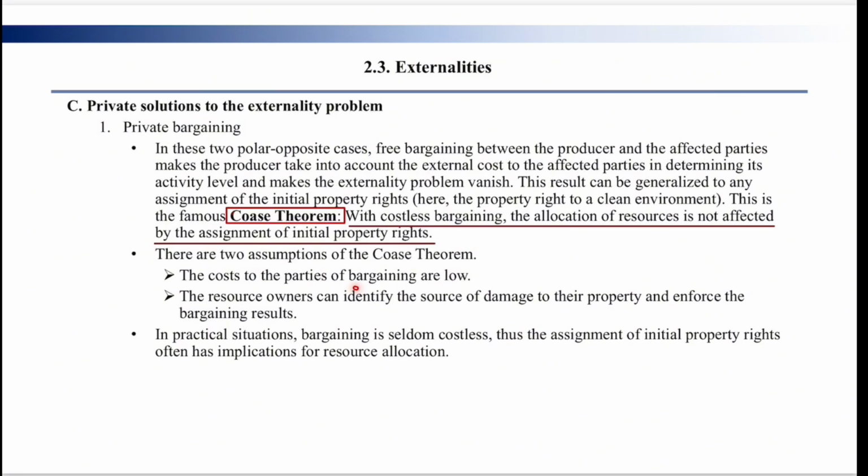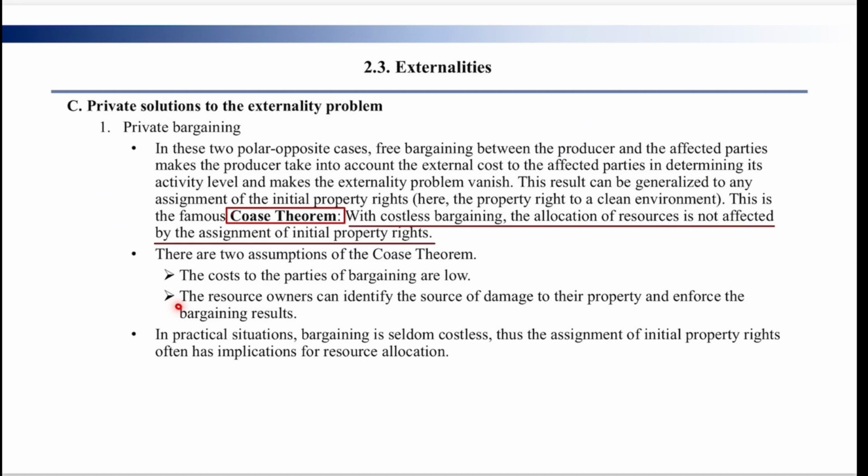There is no need to hire a lawyer or conduct research. So in this way, the two parties can easily negotiate according to their respective interests and needs. Then the effective allocation of resources by the market mechanism mentioned in the cost theorem can be achieved. If the bargaining cost is very high, it may hinder the transaction